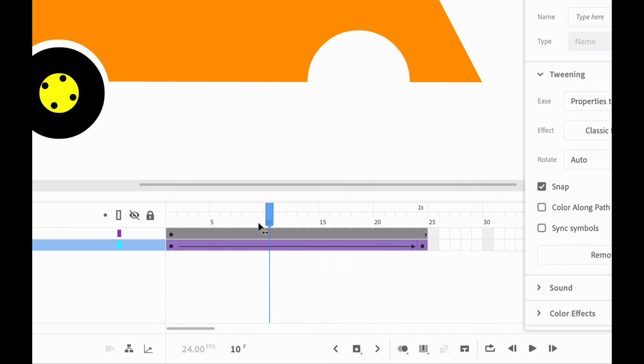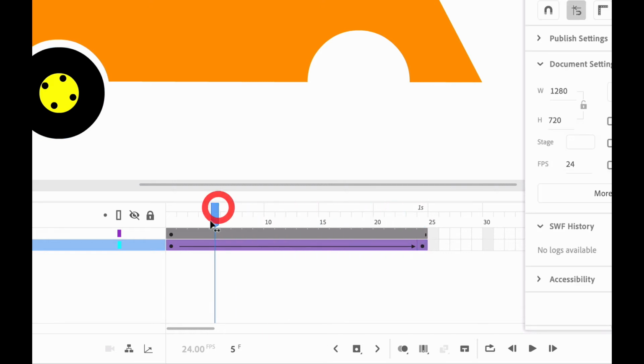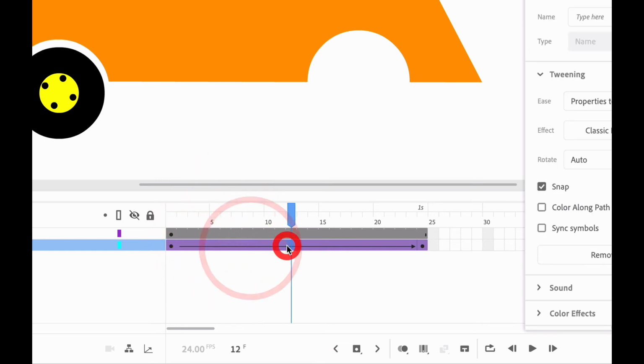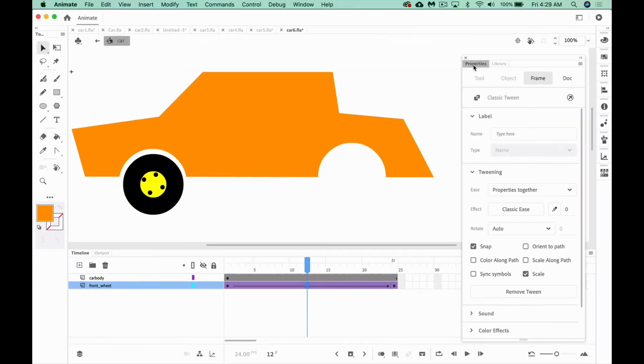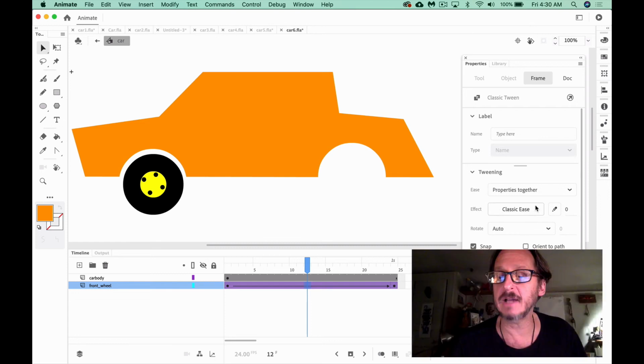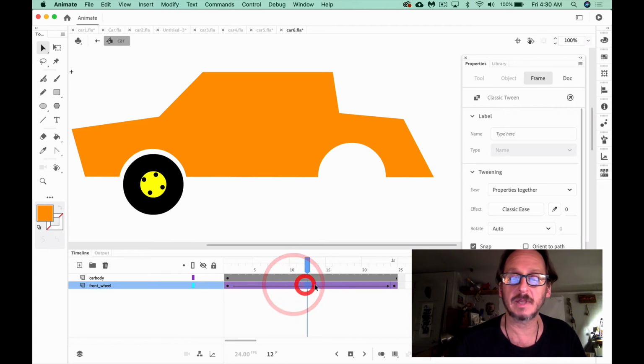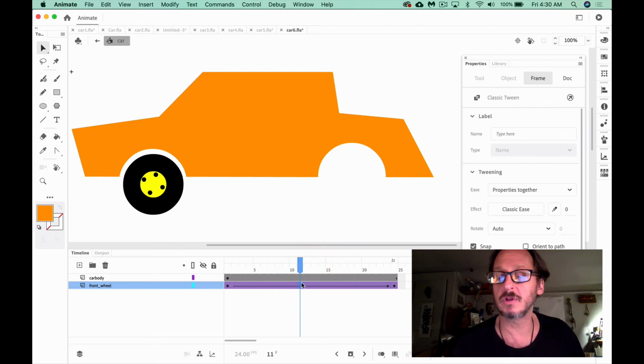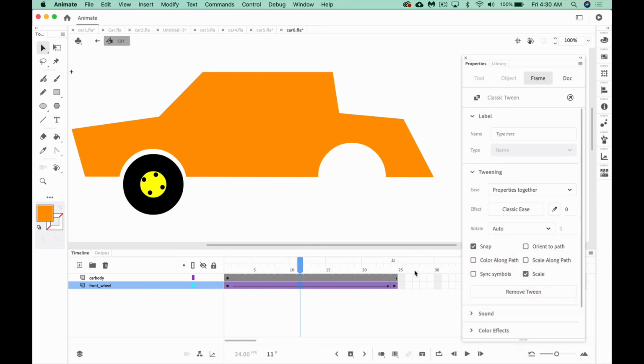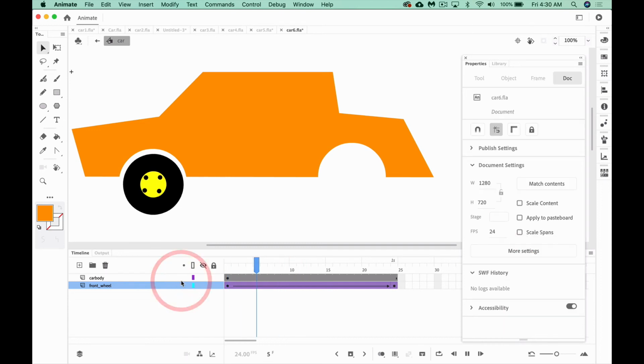Now, classic tweening has a feature that I'd never mentioned. If you go between keyframes, you could use the properties palette to actually tell it how to rotate. So I have to go in between a classic tween, in between its two keyframes, and just click anywhere. That won't matter. Just be sure you're on the right layer. Then go to rotate counterclockwise. I think that's for the best. Have a look at it. Remember, the car is going to the left.